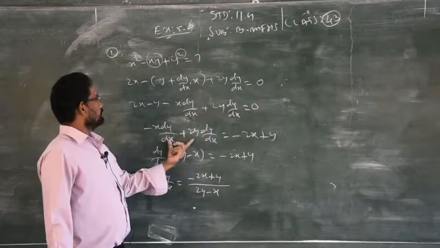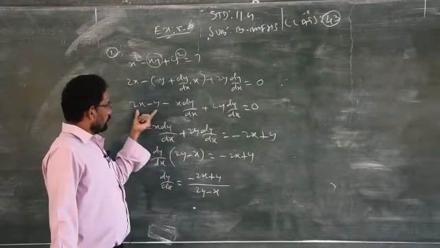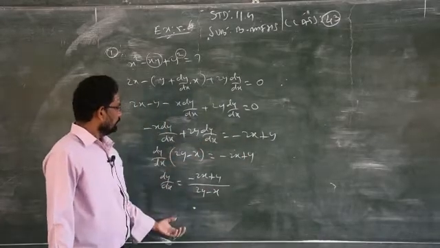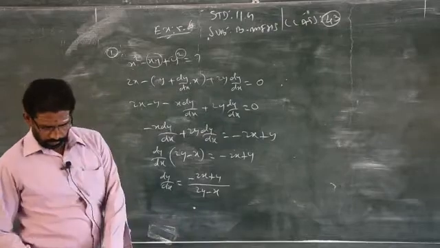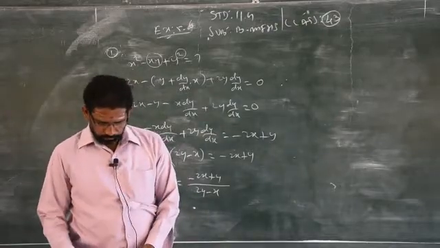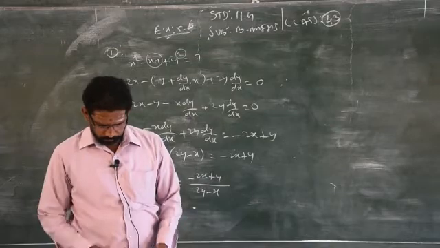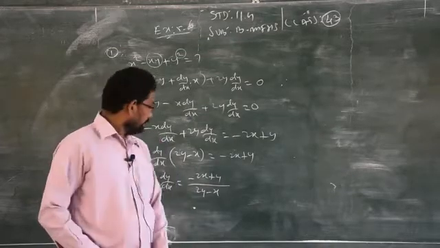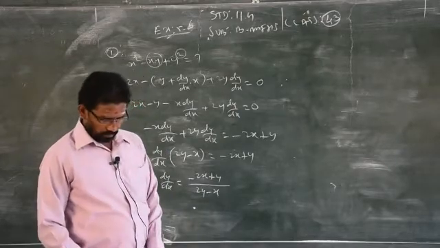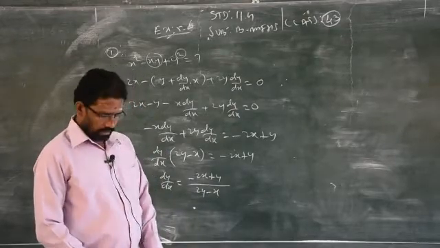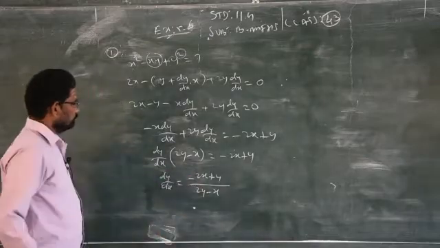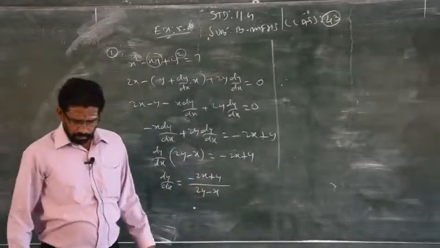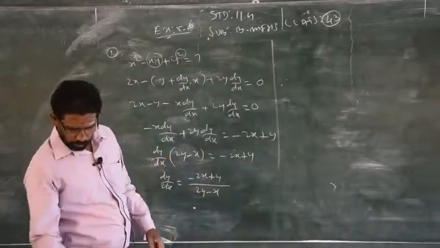Just group and rearrange. I retain these two on the left side, transfer this alone to the right hand side, dy by dx is the common factor, then you find dy by dx. Clear? So that is the answer for this exercise. We will check: y minus 2x, given 2y minus x. It is correct. Only the terms are interchanged, which doesn't matter. Then you take the third one as homework.